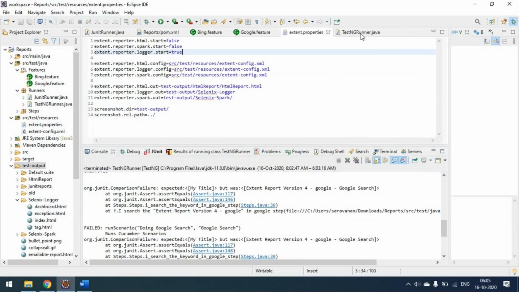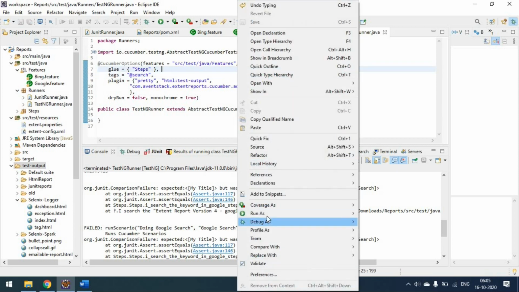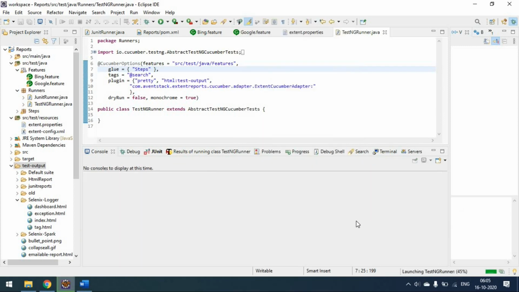Now I will add one more. Instead of only Google, I will run both feature files in the same TestNG runner class, so we'll see the logger report with the two feature files.